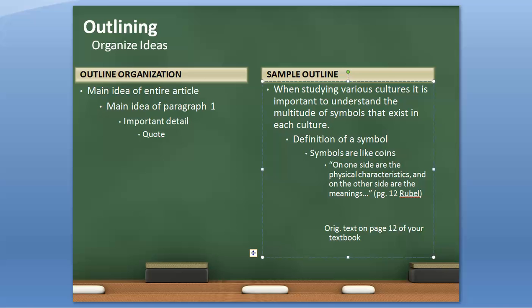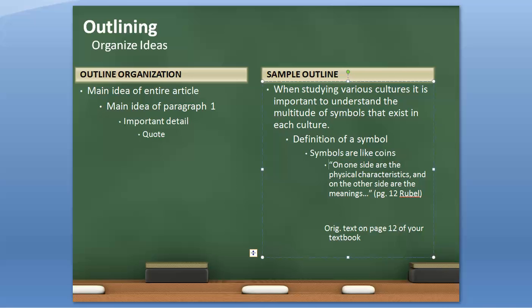And to me, that is the definition of a symbol. What is a symbol? So that's this part. Now, looking at the next part, an important detail. In that first paragraph, it says symbols are like coins. That is an important detail. Now, I want to support that detail with a specific quote or example from the article, and I've done that